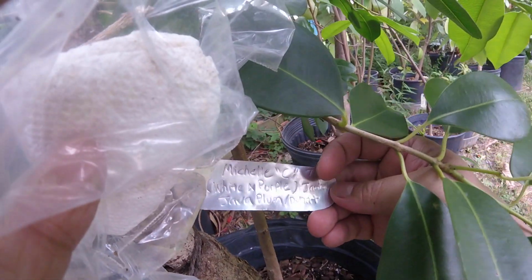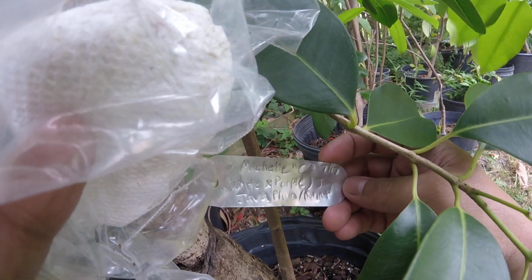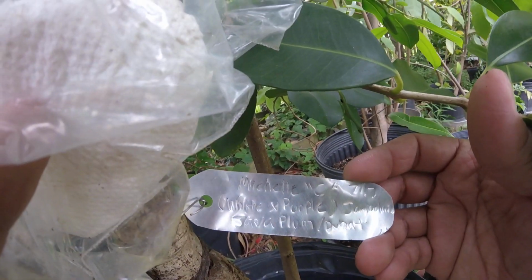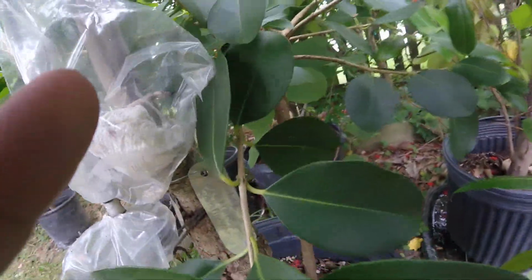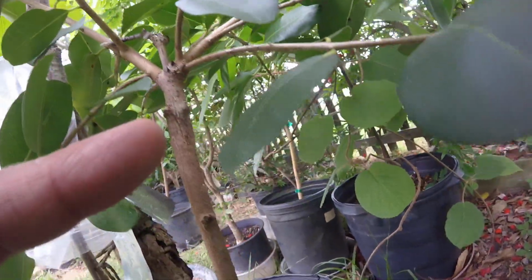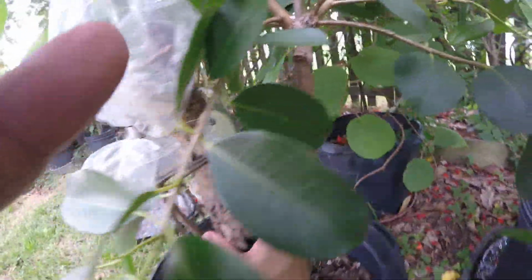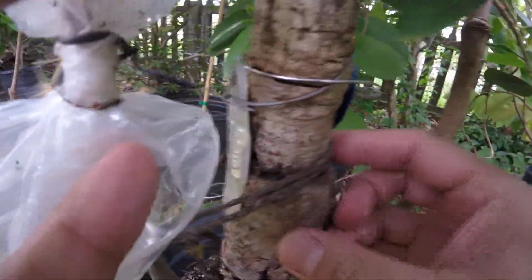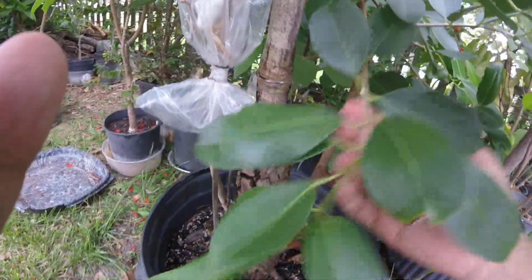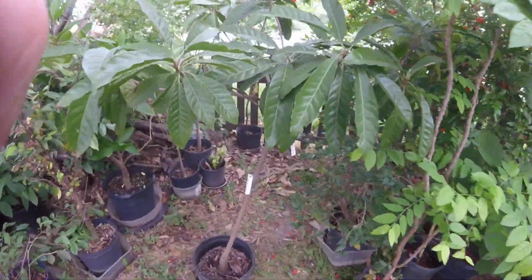This is kind of a... It's also called a Java plum or a duhat, but this is a white and purple variety, which makes a pretty good fruit. I grafted this maybe about 1.5 years ago. You can see this was a cleft graft I did here. I had a different variety right here, which I grafted. You can see kind of where the union is, and it died out, and the rootstock came up here, and then I grafted that. So maybe another year or so I'll get some fruit off of that. This is a Bruce